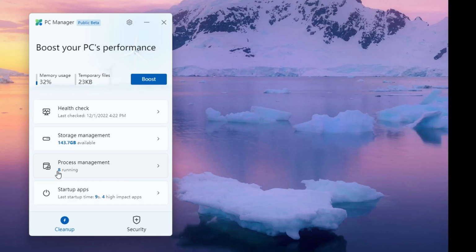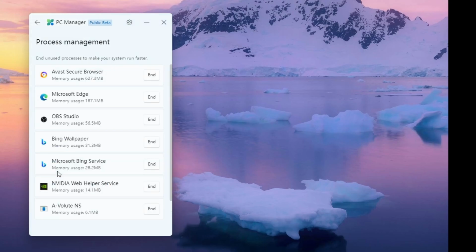And let's click on the process management. Under the process management, those are all the processes that are running right now. So I have my Avast security browser, my Microsoft Edge, and my OBS screen recorder. That's what I'm using right now to record this screen. So I could end any of them right now as I wish. Let's go back